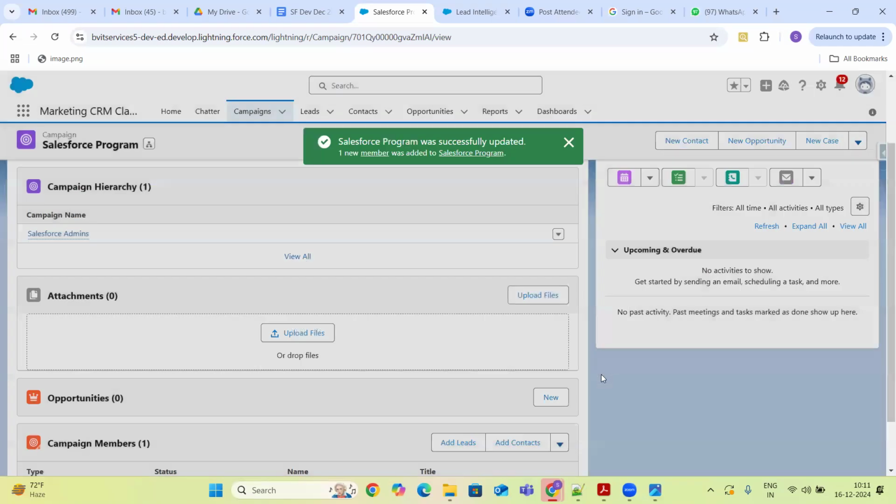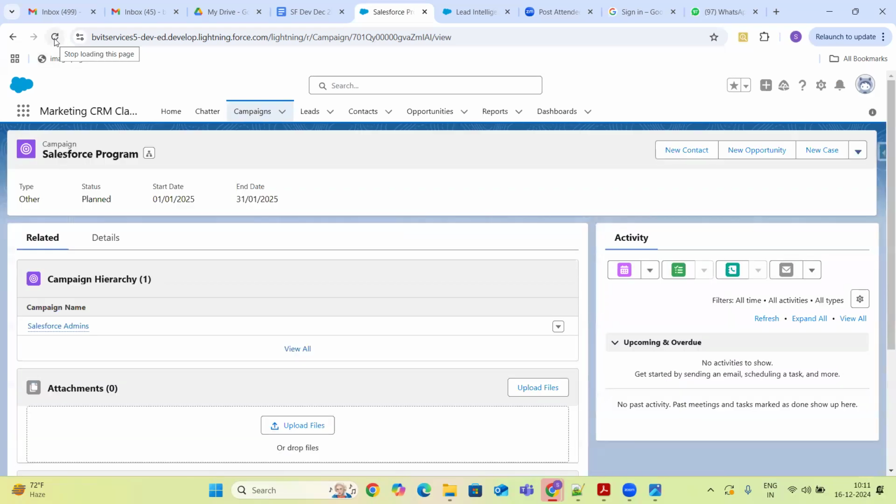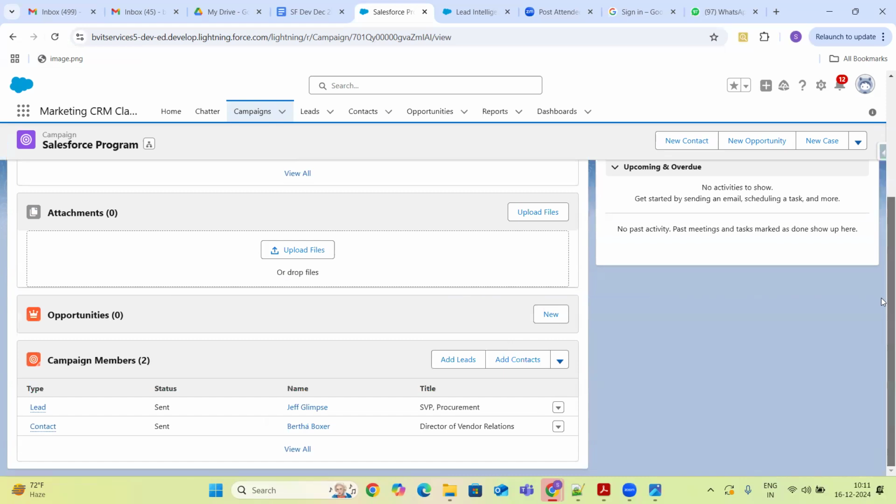So basically, marketing people prepare the campaigns and note down how many leads they generated as part of the campaign. We call them campaign members.